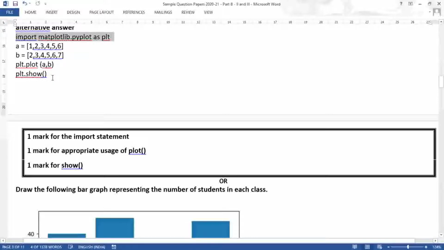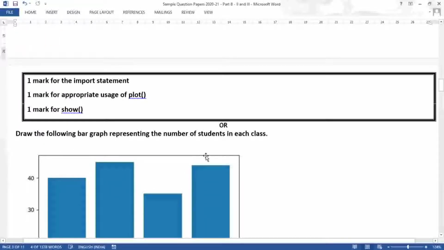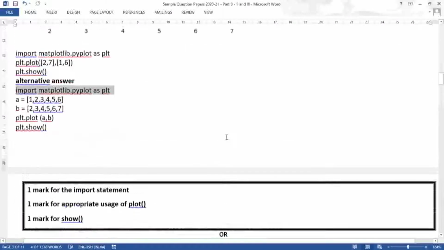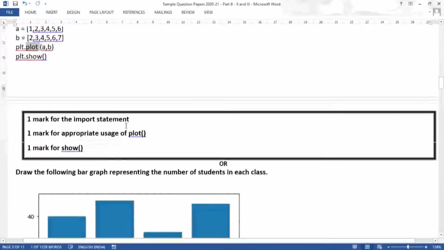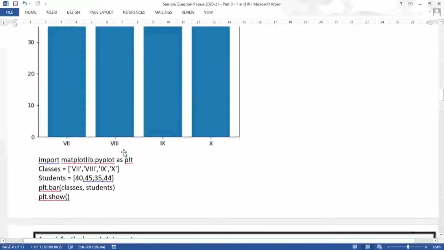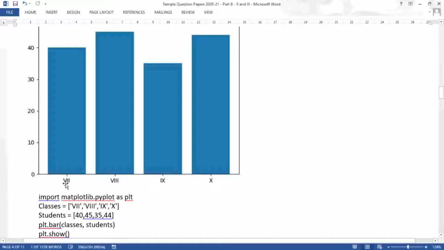So accordingly you can write, or draw the bar graph representing the number of students in each class. So here it is a bar graph. When we are creating a line chart, we are using the plot method. When we are creating a column chart or bar chart like this, we are using the bar method. So here the code is something like this. On the horizontal axis they have represented 7th, 8th, 9th, 10th.